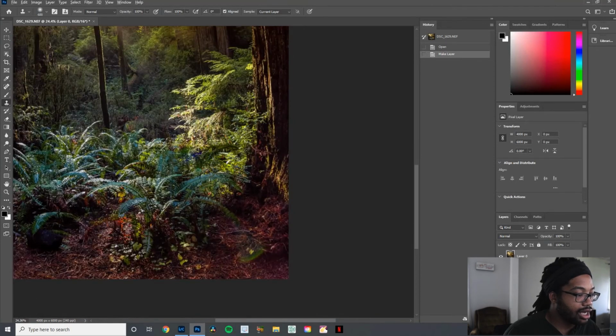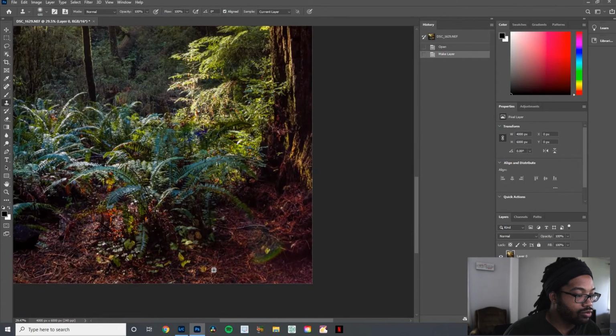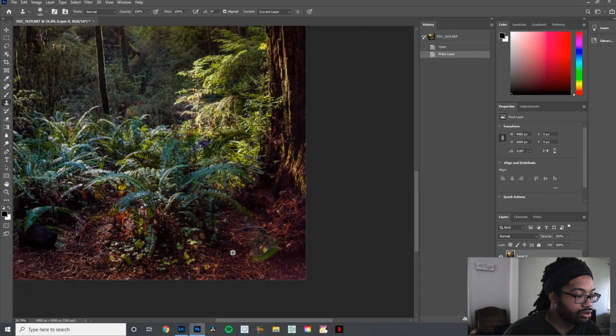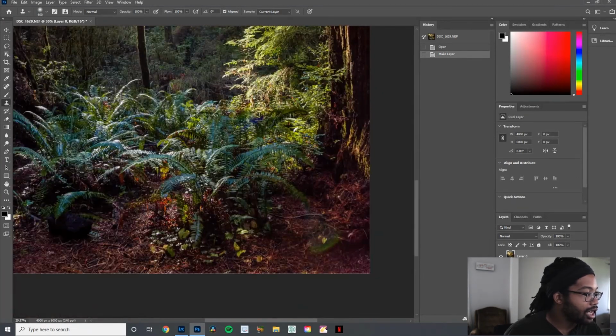I'm using Alt and up on the mouse wheel to zoom in. So you hold Alt and just scroll on the mouse wheel, and that will zoom in and out of your photograph. And for me, Photoshop can be very intimidating, but it's really not as soon as you figure out some of the